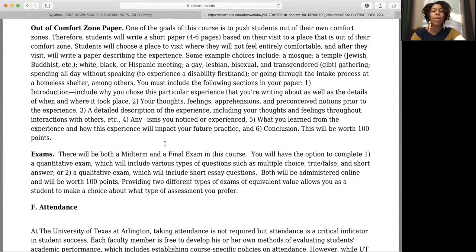And so you have to choose an experience for this paper. Some examples might be visiting a mosque, a temple if you're not Jewish, some type of meeting of another race or culture, of another sexual orientation. Some people last semester visited the gay pride parades that were in Arlington, and that was a good example.